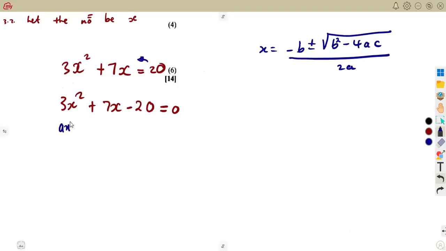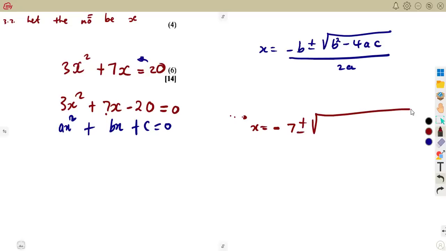From the equation ax squared plus bx plus c, from this format, a is the coefficient of what? Of x squared. B is the coefficient of x. So x is equal to minus b, which is minus 7, plus or minus the square root of b